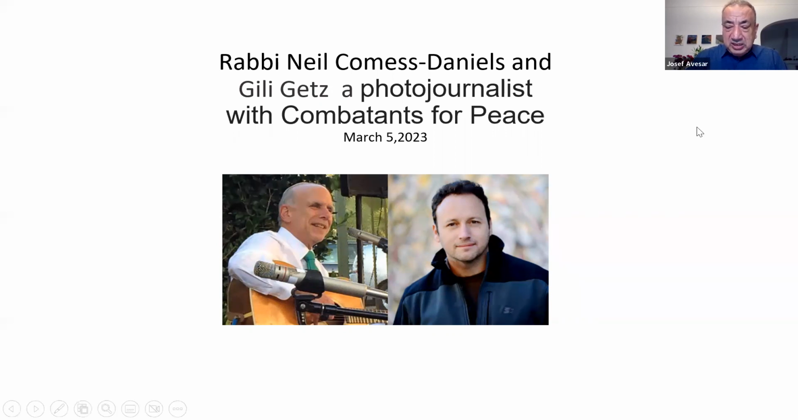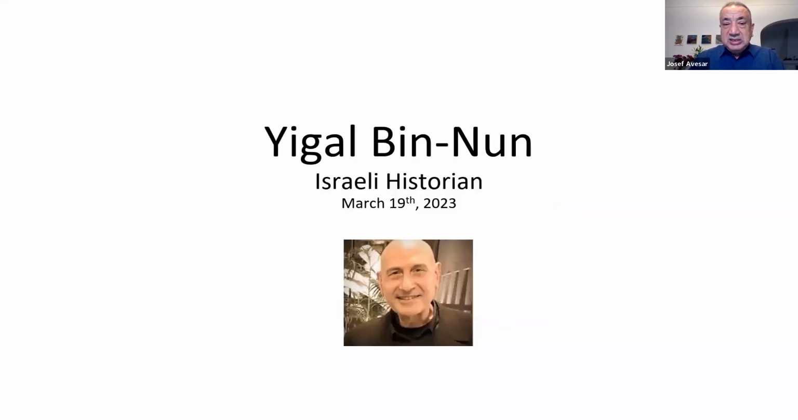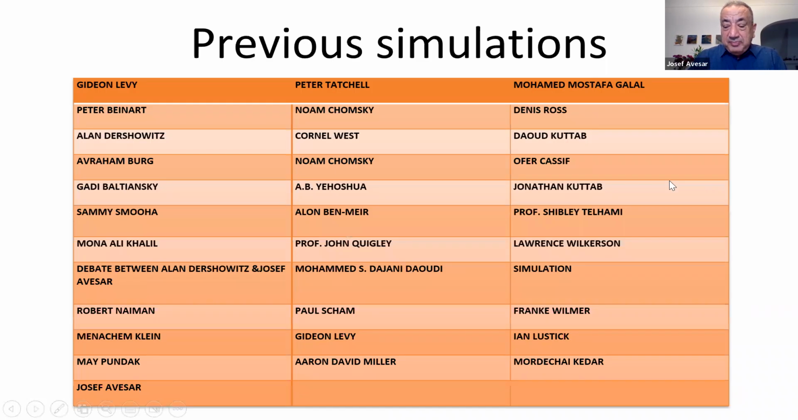And then after that, we have Professor Igal Ben-Nun. He is an Israeli historian. He is of Moroccan descent. He specializes in the relationship between the Muslims and Jews, and about Judaism, Christianity, and Islam. By the way, he appears a lot with Joseph Agassi in many of his symposiums, and you can see them on YouTube as well. We had many guests before: Gidon Levy, Peter Tatchell, Muhammad Mustafa Galal, Peter Beiner, Noam Chomsky,